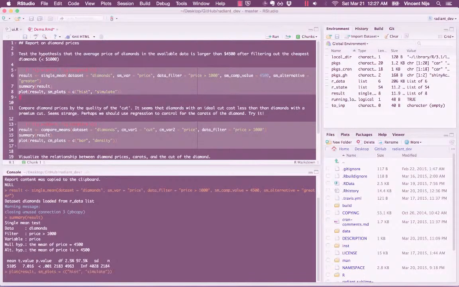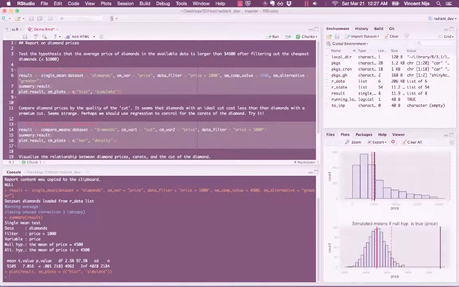If I actually want to run some of these commands and generate the same output that I had while I was using Radiant, the interface, I can do that as well. So all the functions that are used in Radiant for analysis are exported,